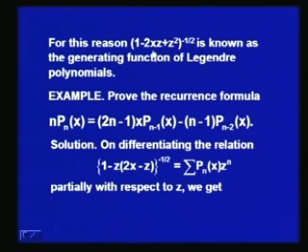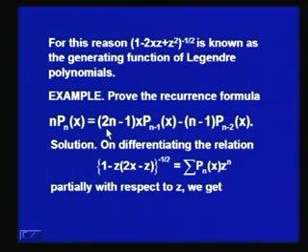Now, let us take an example on this. Let us prove the recurrence relation n Pn(x) is equal to (2n minus 1) x Pn minus 1(x) minus (n minus 1) Pn minus 2(x). This result is known as a recurrence formula, because from here if we know the Legendre's polynomials Pn minus 1 and Pn minus 2, we can obtain the value of Pn(x). So, in order to